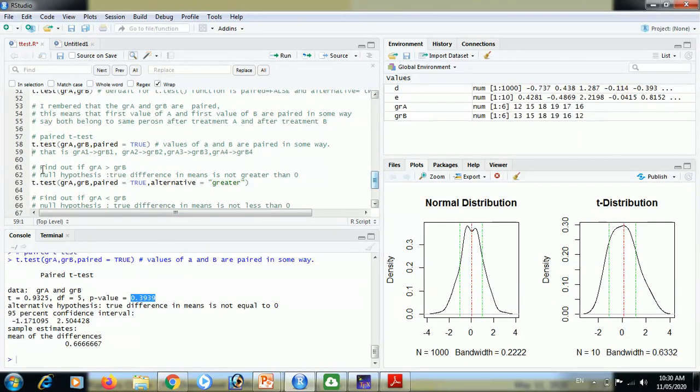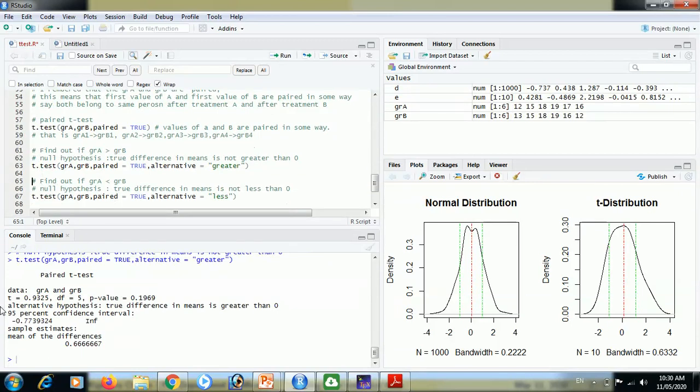And we can find out which of these two groups has a greater, larger mean. For that, we'll run the t-test again, t.test, group A, group B we will provide as arguments, paired is equal to true we are providing here, and alternative, this alternative is to specify whether the value is greater or not. Right? Here we want to know whether the mean of group A is greater than group B. We'll run the t-test. And here the p-value again is 0.1969. And here the alternative hypothesis says that true difference in means is greater than 0.